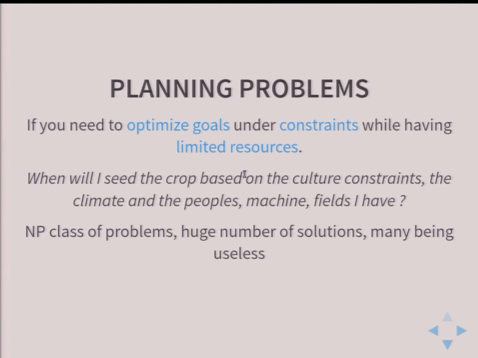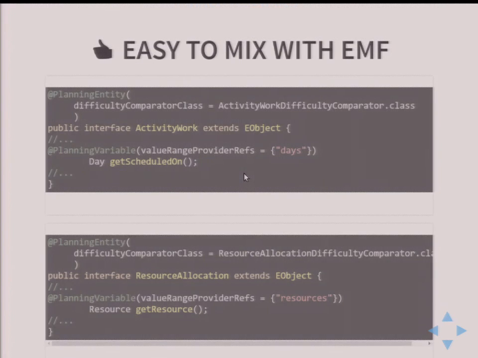For instance, in the case of this farm, for 2 years, so you have 600 days, we have like a dozen fields, 2 or 3 resources, and maybe 10 activities we have to schedule. And if you take all these parameters into account, you already have more solutions than the number of atoms in the universe. So if you just go with a naive approach, you will quickly hit a wall. And that's where OptaPlanner shines.